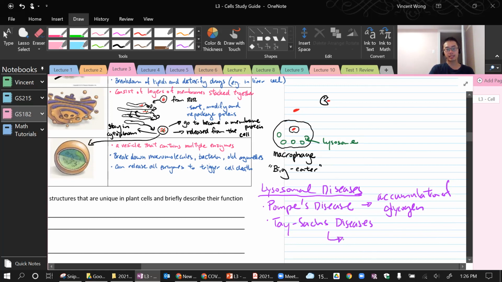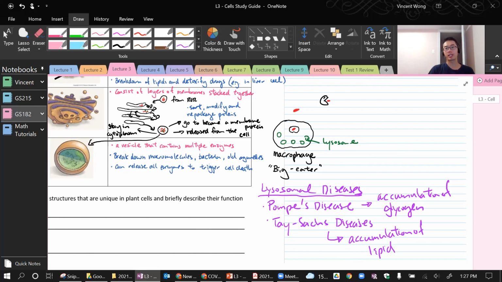And then there's Tay-Sachs disease. This one is accumulation of lipids. So the enzyme that was supposed to break down lipids can't break them down anymore. So it accumulates, especially in the brain cells, and that could lead to developmental issues, and it could be lethal as well. Now, because it's a genetic disease, Tay-Sachs disease can actually be detected